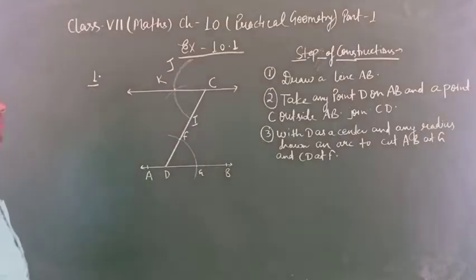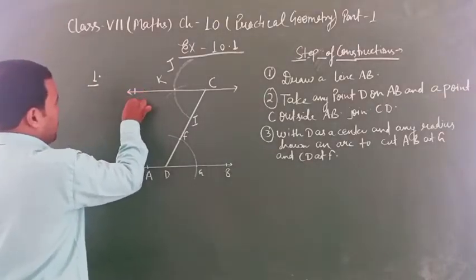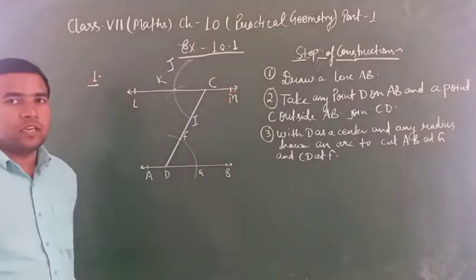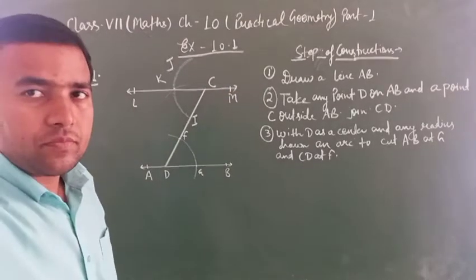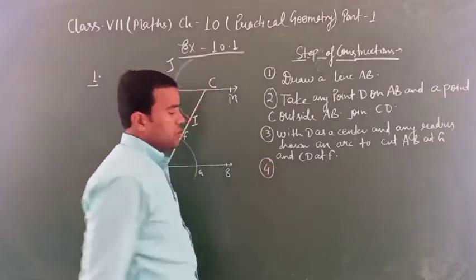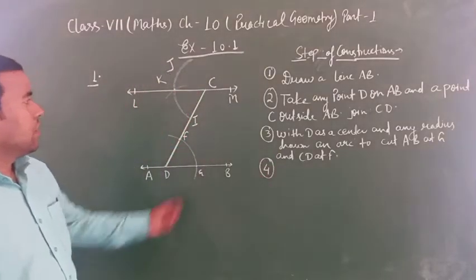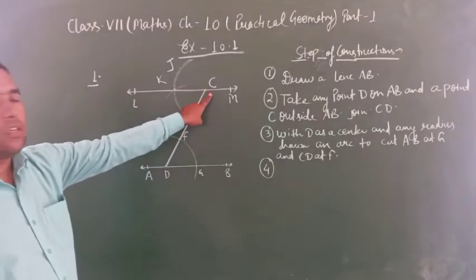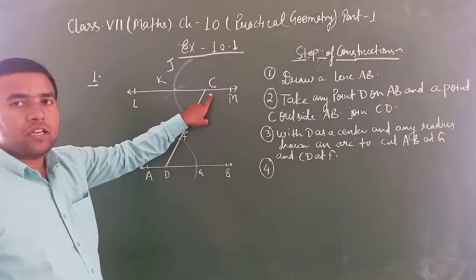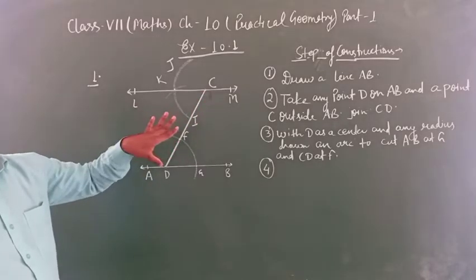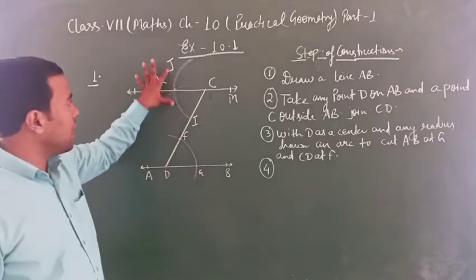Join CK. Clear? This line's name also we will take. Line L and line M. Clear? So step 4 we will write. Step 4, what will we write? With C as a center and the same radius, draw an arc